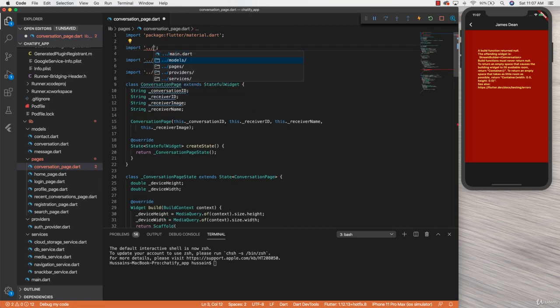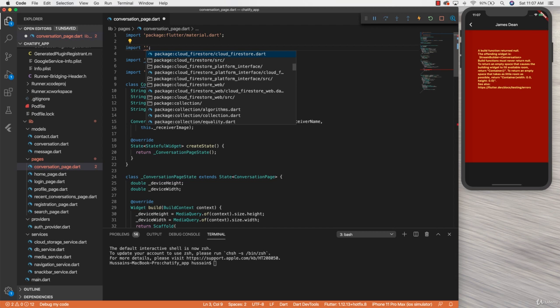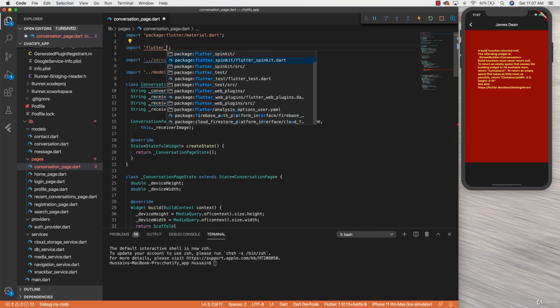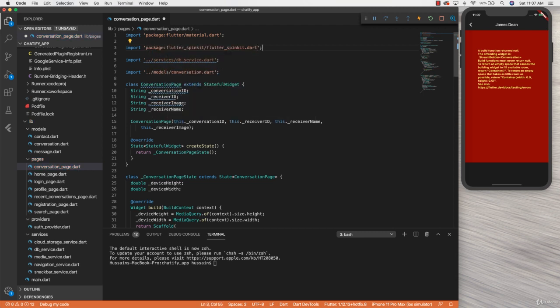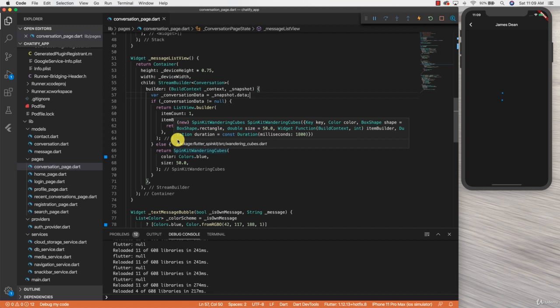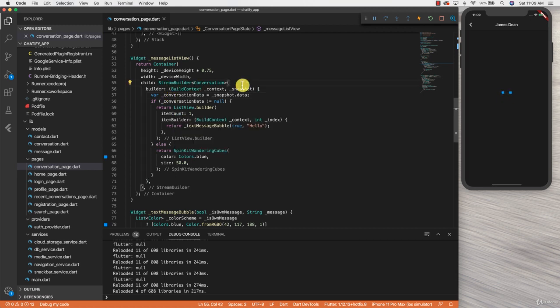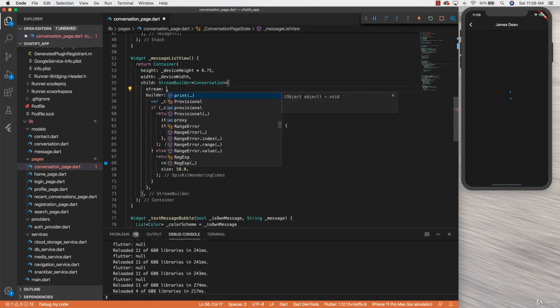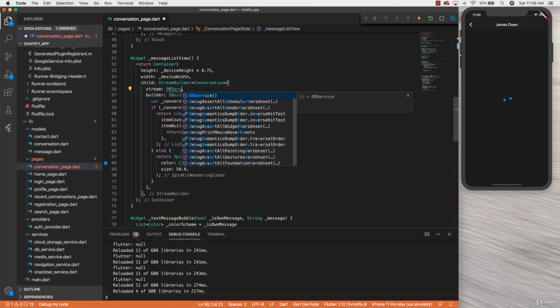So import Flutter spinkit and import it. Do Alt+F, Command save. Okay, so now with the loading indicator being displayed, the next thing we're going to do is define the stream for our stream builder. So I'm going to define the stream here, and the stream is going to be our database service